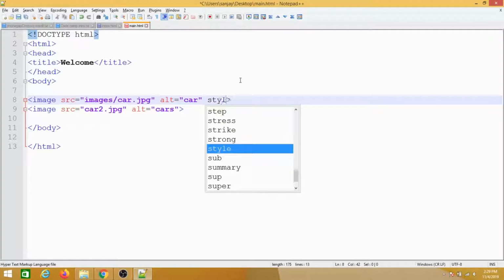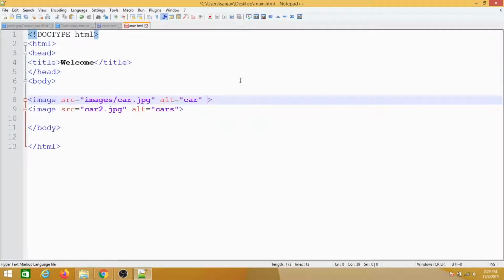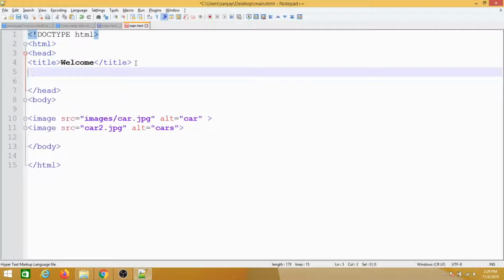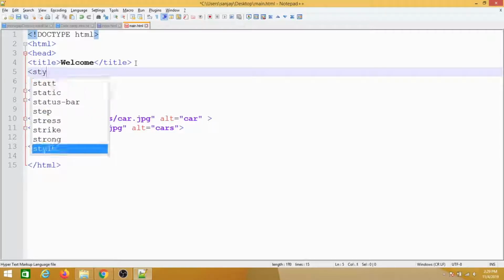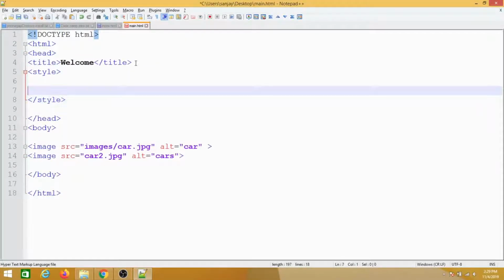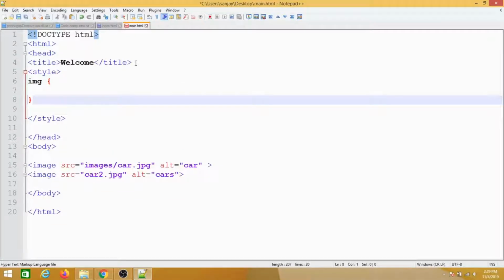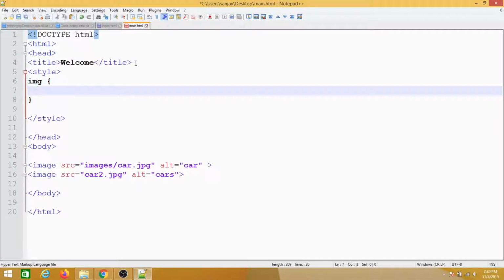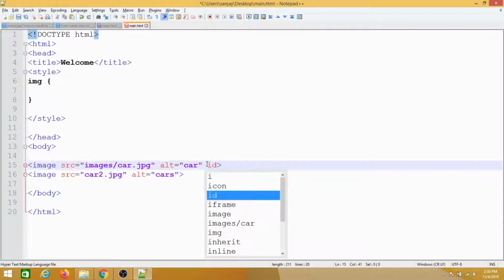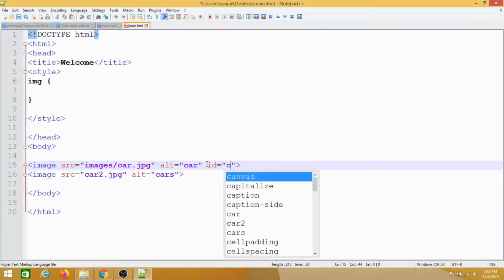We can use style for this, or we can use a width and height. So maybe all our images, let's use it in the main style up here. Whoops. So we can have style, we can have image. So this will select all our images. If we want to select each image, we could use an ID and put the ID up here. In fact, we can do that. So let's give this image here ID equals car1,